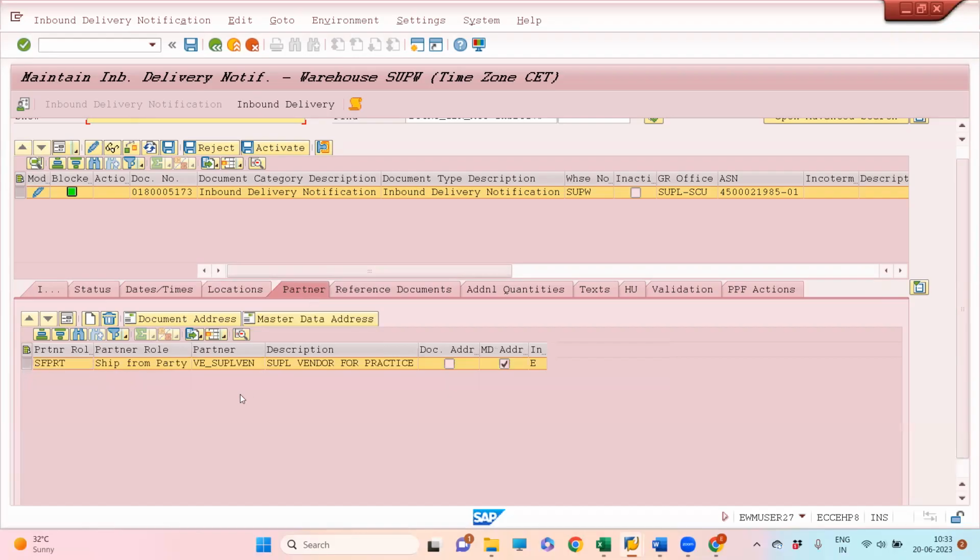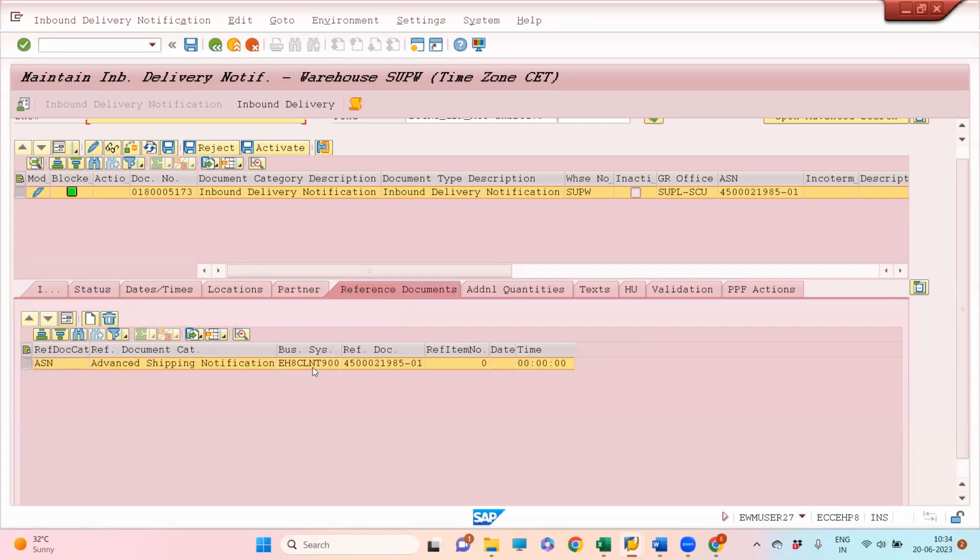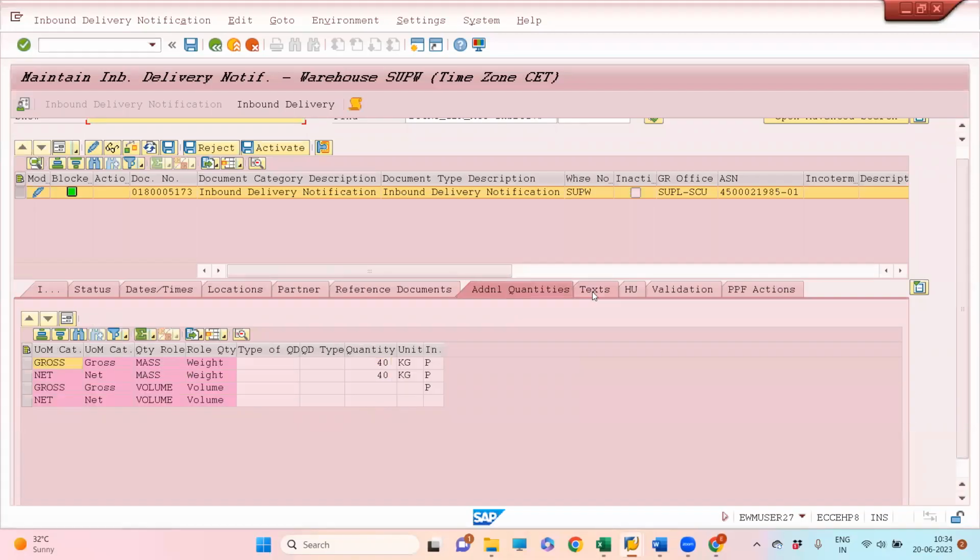So the partner ship from party is the vendor number. This is the vendor number in your EWM system. You can go and see its ERP vendor number. Click on the reference document number. You see, from this business system, this is the document number that has got converted into this EWM inbound delivery notification. Just click on others and just observe